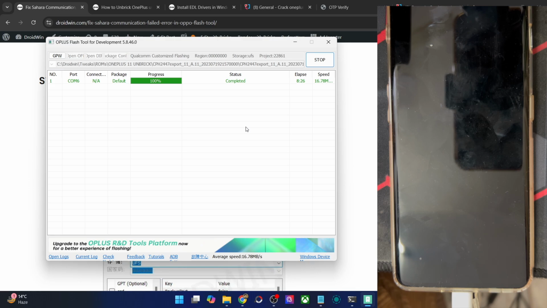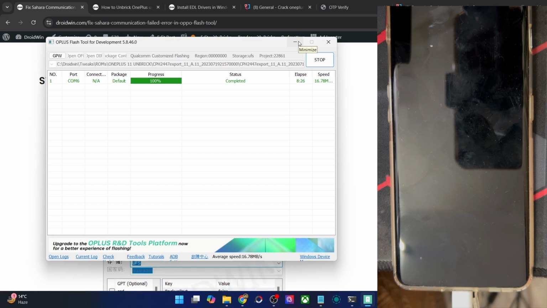If they are running in the backend, then it will conflict with this process, and the process might get stuck at 3% or might not even launch. So make sure you don't have both these options. Just to be double sure, I have even removed both the apps from my PC so that they don't end up conflicting with my phone. With that in mind, as you could see, the progress has been done till 100%. It's completed, and it took around 8.3 seconds. So that's well and good.